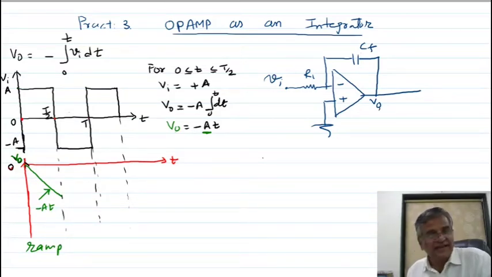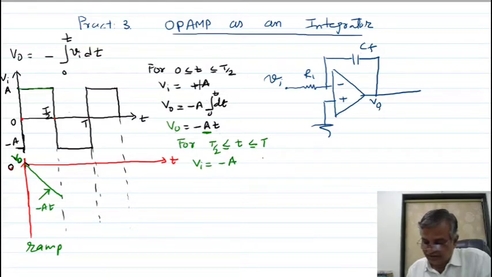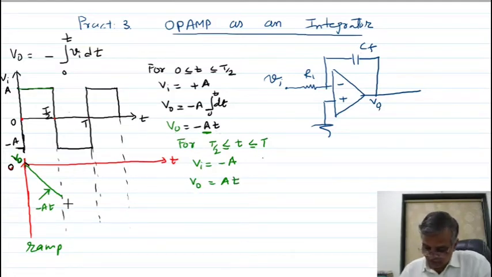Up to t by 2 time, I am showing you, because up to t by 2 your input voltage is positive maximum voltage. Now for t by 2 onwards, my Vi input is negative. So naturally, with the negative sign here, my output is plus at. As time increases, voltage increases, so it will be like this. This is positively increasing, and this is negatively decreasing.